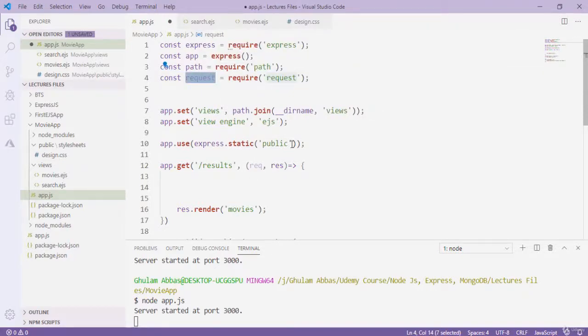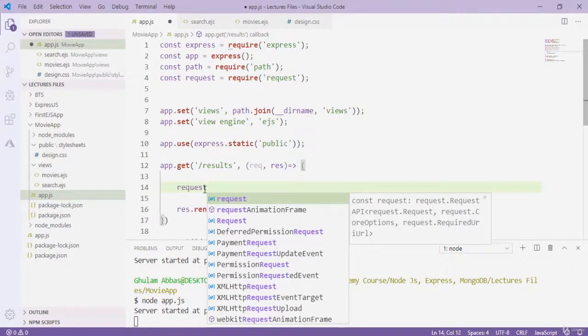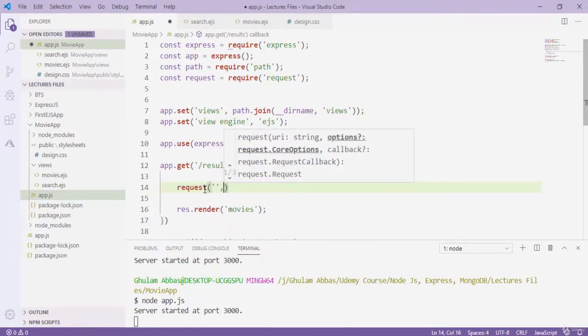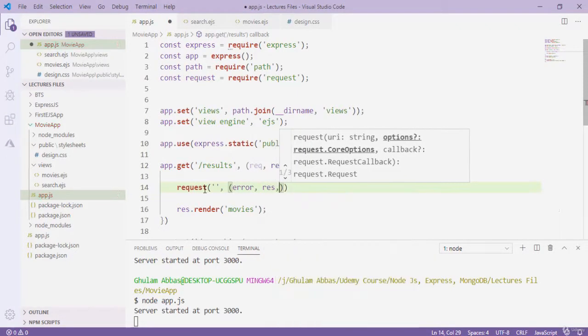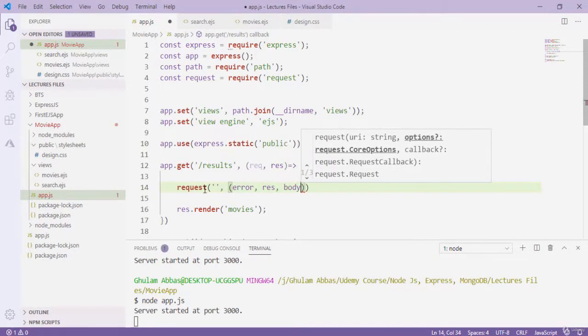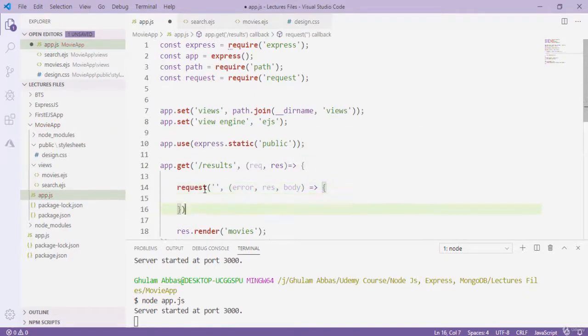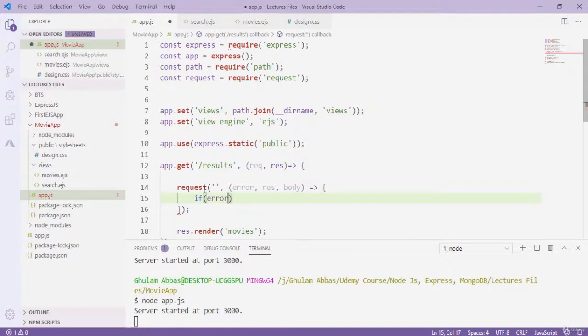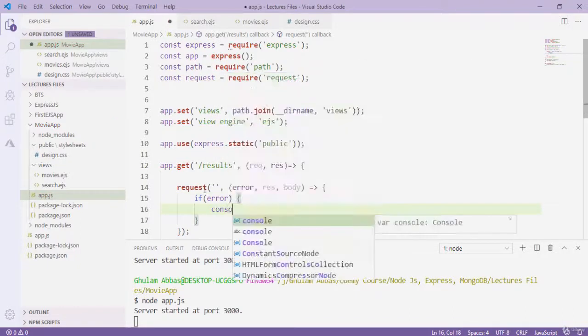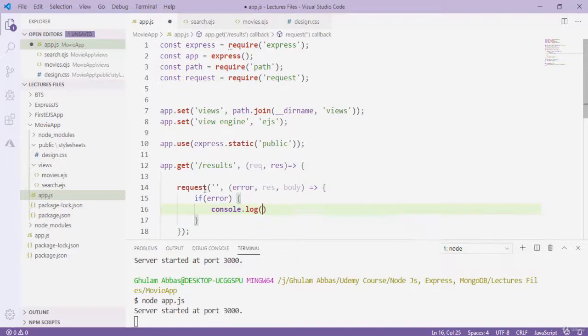So first of all, I have to request. So I simply type here request, and in here I will pass the URL, and after that I have to pass a callback here that has 3 options. First of all, if there is some error, after the response that we will get, and after that we have the body. So these are the 3 parameters for this callback. Okay, so first of all we check if there is some error, then we will simply type here console.log the error,